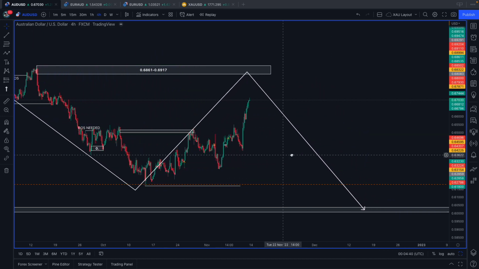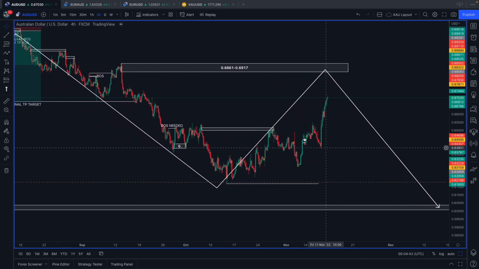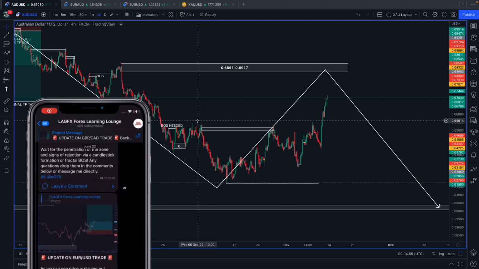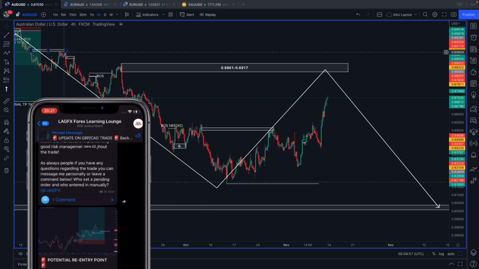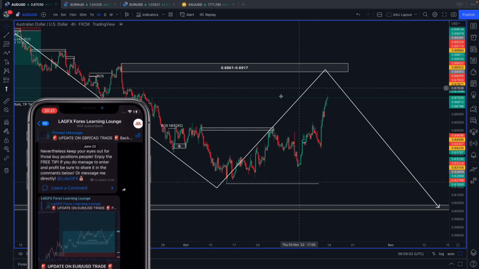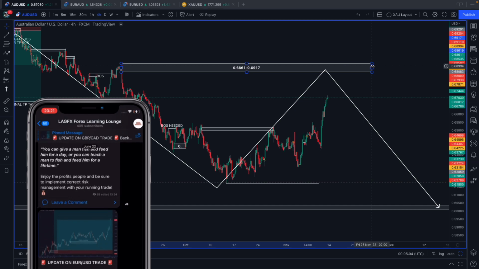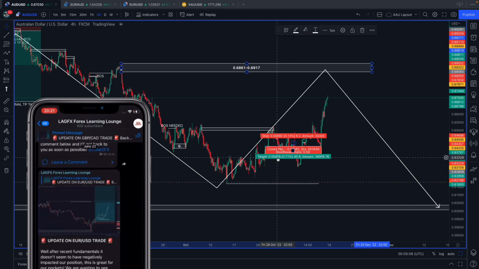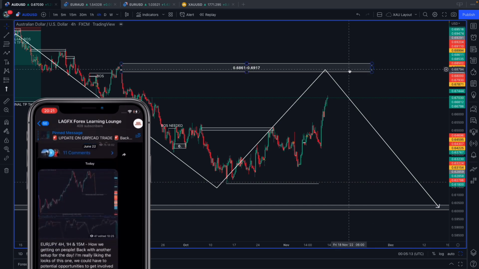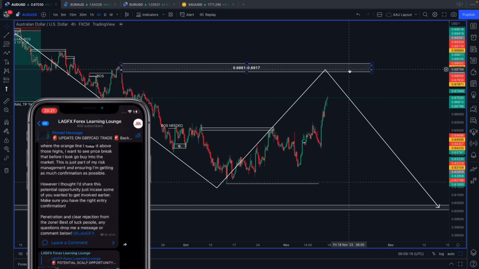So when we talk about impulsive waves and corrective waves, we can see how this is an impulsive wave that has trailed price down. Now we have seen price put in, or is putting in, a corrective wave. Why do we know this is a corrective wave? Because this was the last structural high that was created within this impulsive wave lower. Price has broken above that, so that tells me that price is now bullish and is trading bullish, running the course of this corrective wave. This is the zone that I have highlighted that I believe price will trail up to.